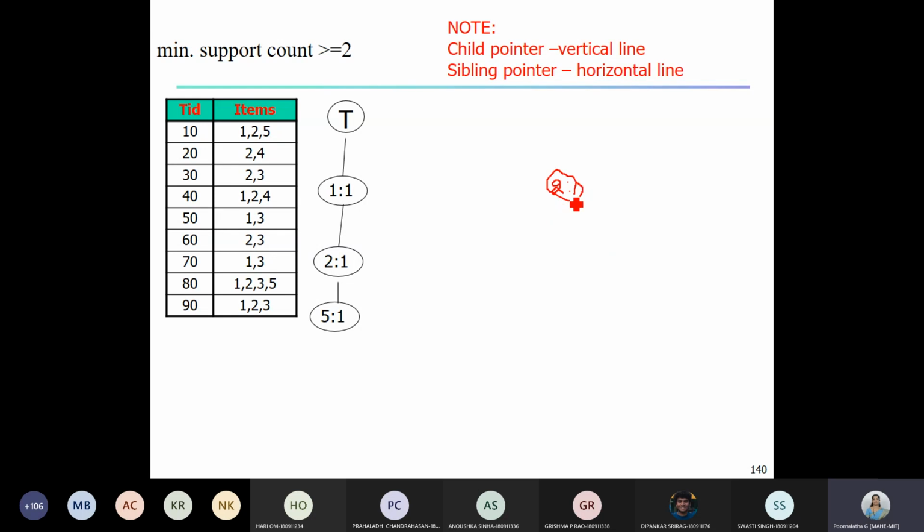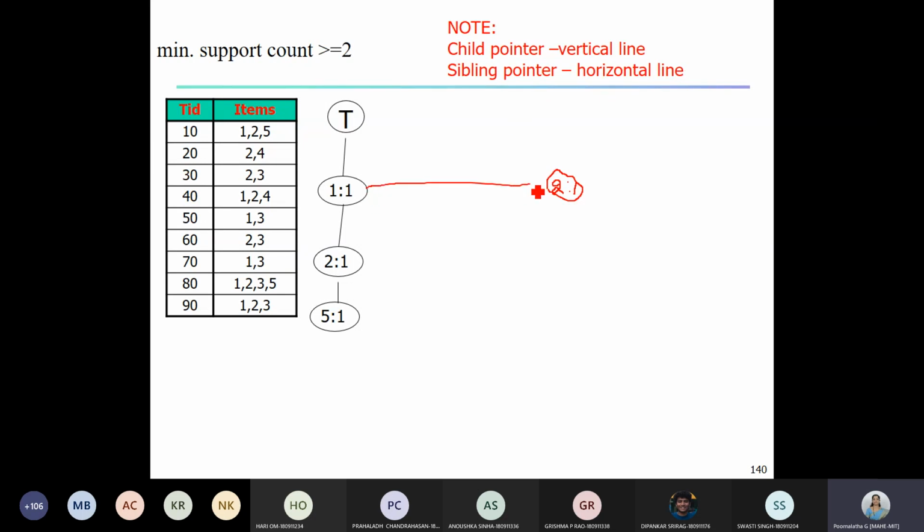So who is the parent for this 2? The parent is the root, isn't it? Now there is already one child node for this root, which means that 1 and 2 are siblings. 1 and 2 are the items having the same item as their parent node, and that's the reason we call them siblings. For siblings, we use the horizontal line to connect them.